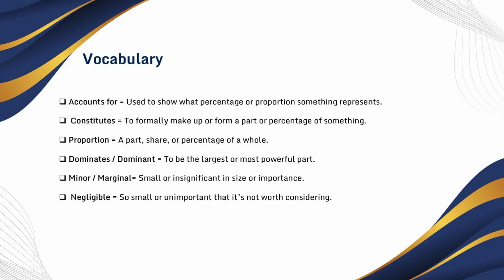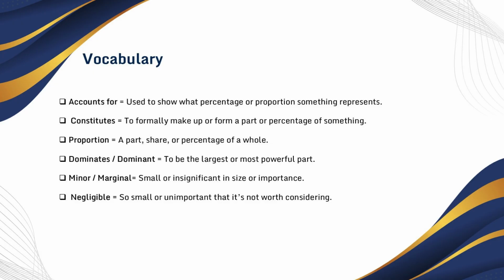The word dominates is a powerful, high-level verb used to describe when one category clearly outweighs all others in proportion or significance. In pie charts, if one segment is significantly larger than the rest, you can confidently say it dominates the chart. When describing smaller segments in a pie chart, precision matters, and two powerful words to elevate your language